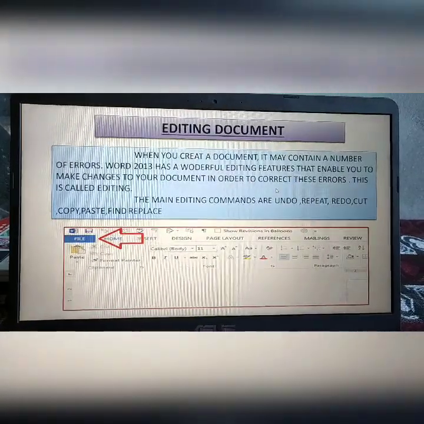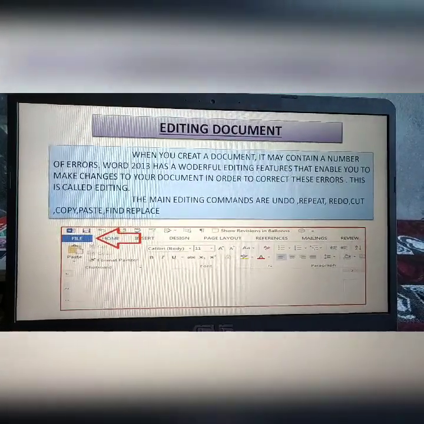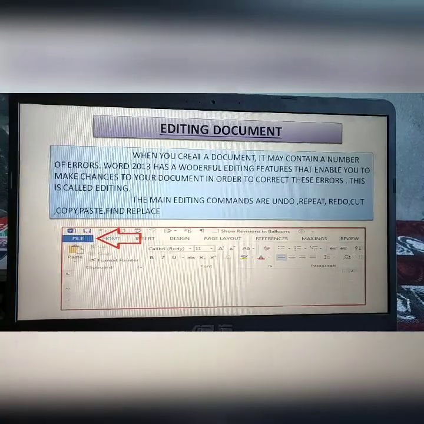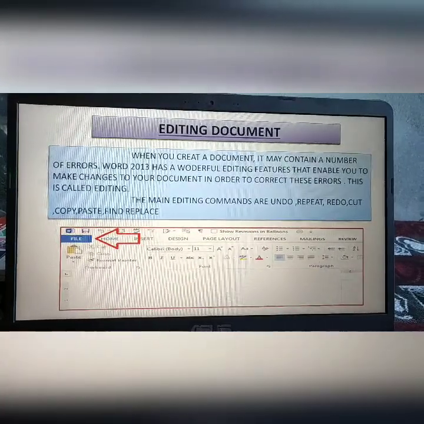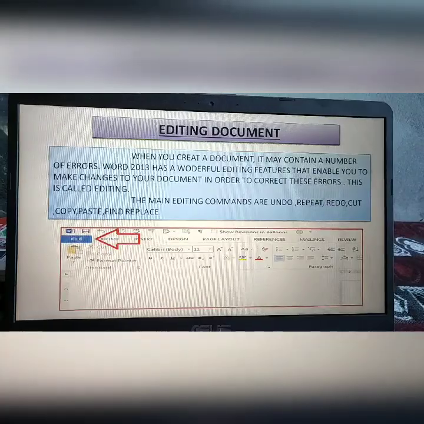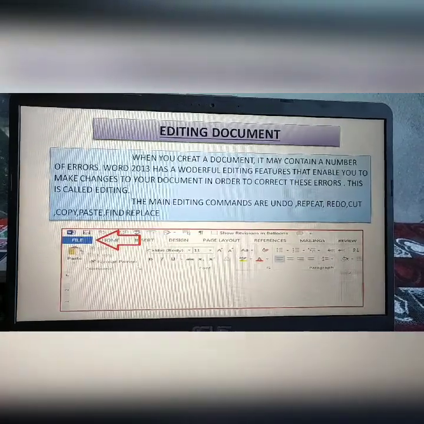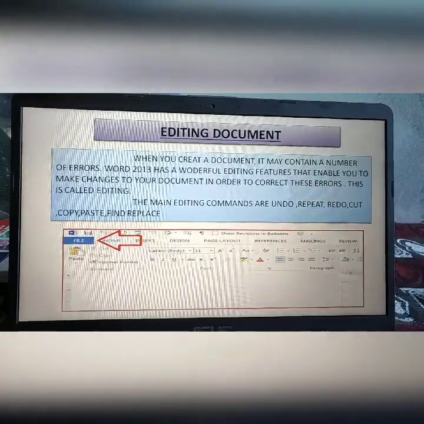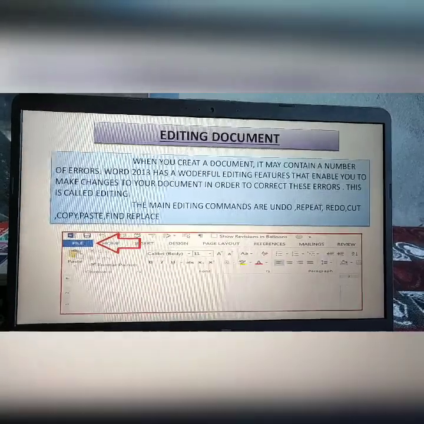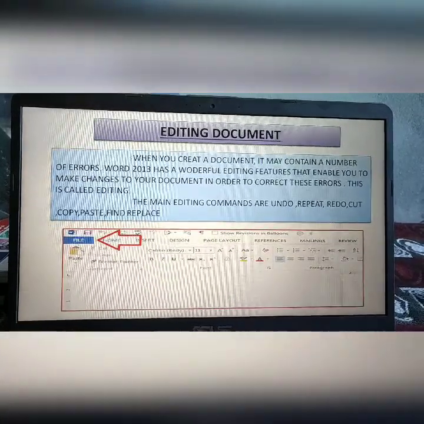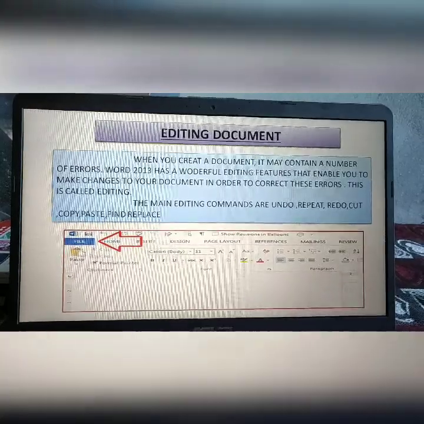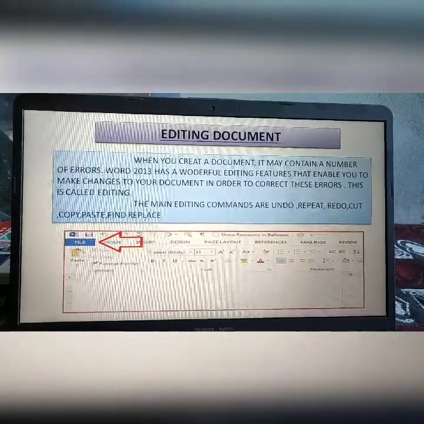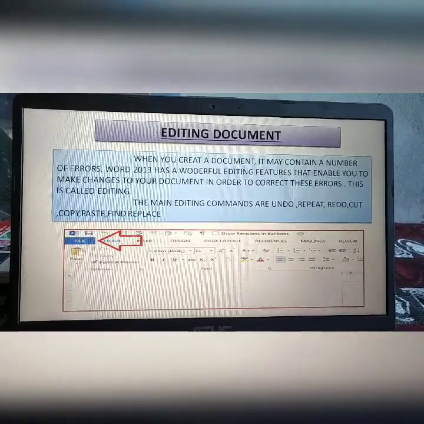Word 2013 has wonderful editing features that enable you to make changes to your document in order to correct these errors. This is called editing. The main editing commands are undo, repeat, redo, cut, copy, paste, find and replace.